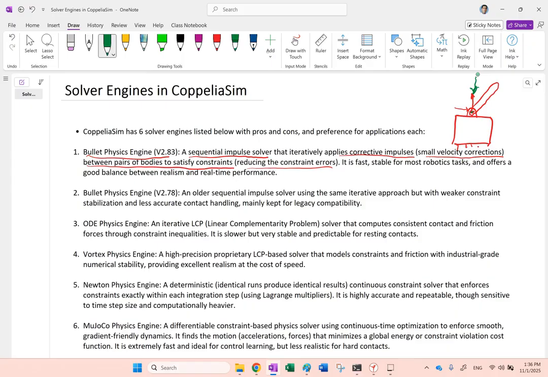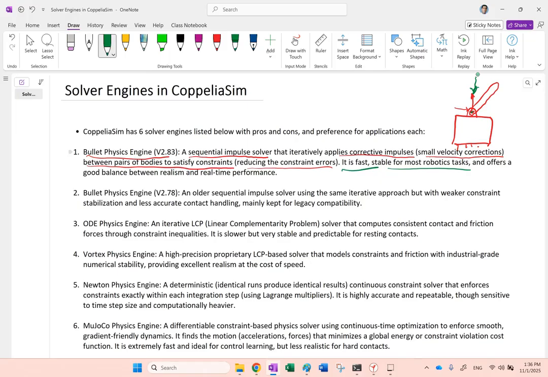So it gradually reduces the constraint errors. You would probably never perfectly satisfy the constraints, but the good thing about it is it is very fast,